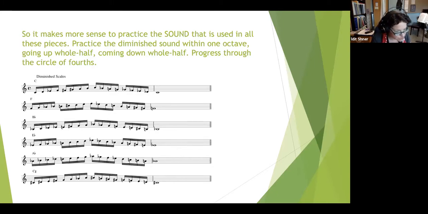Now this is a little unusual since, yes, each diminished scale little exercise is not going to cover the whole range of the saxophone, but because it is a symmetrical scale, it is more important to train our ear to hear this particular melody within an octave. If we play this through the whole range of the saxophone, our ear will become disconnected. That's more important. So, as always, with a metronome,